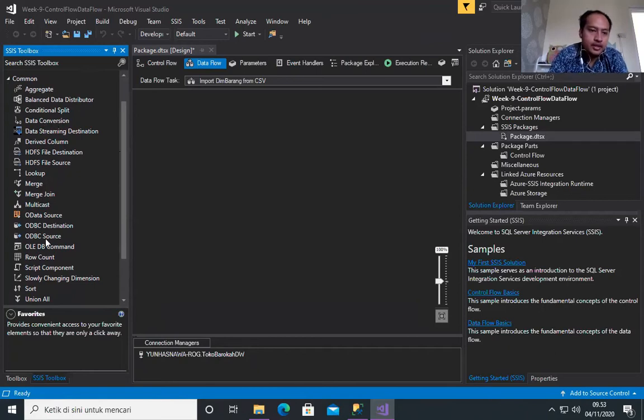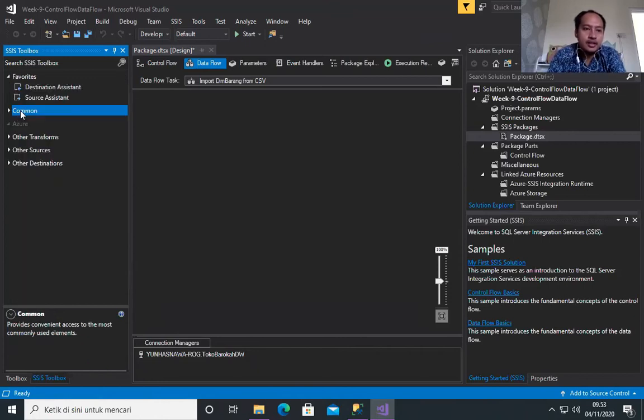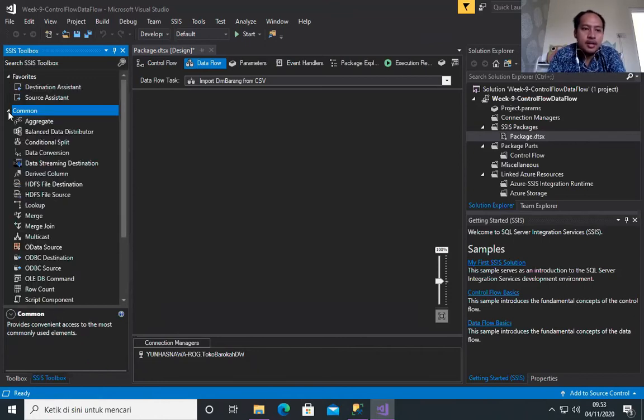For example, this is source. ODBC source, this is source. And then ODBC destination, this is destination. And this one, data conversion, it is transform. So it is not a unique category. This is just a place for Microsoft to put the commonly used elements. All right, so next,